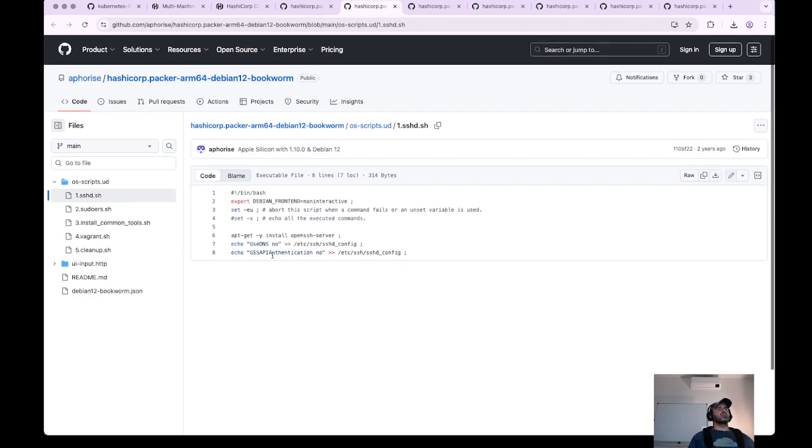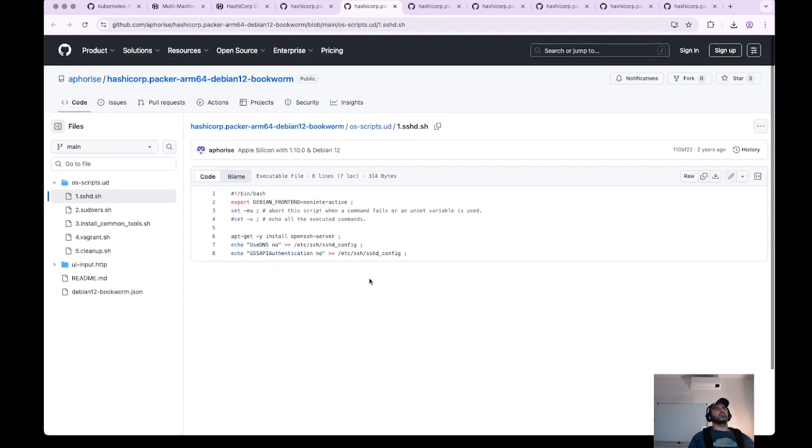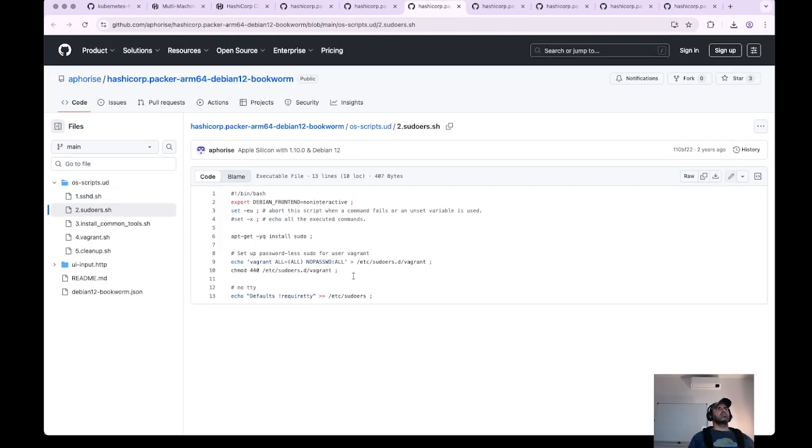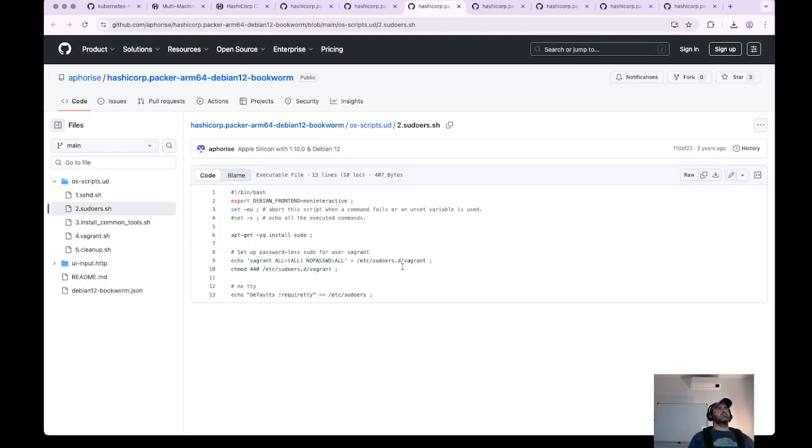Non-interactive, OpenSSH, DNS, okay, that's pretty standard. So sudo